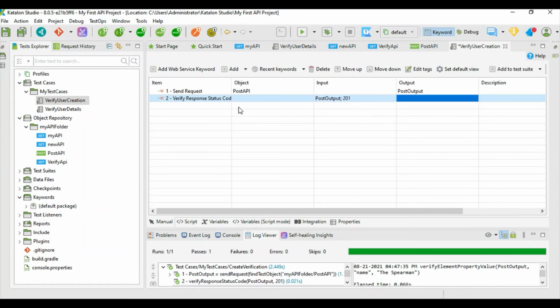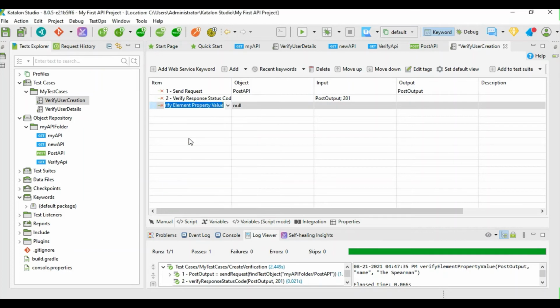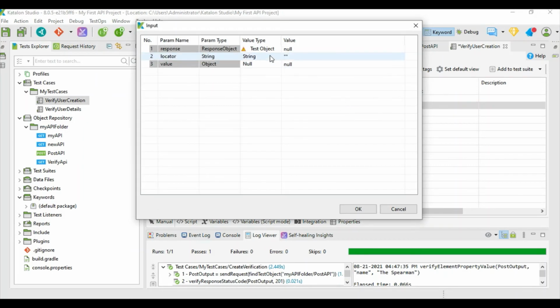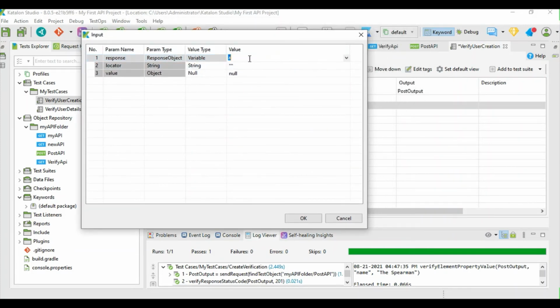So let us add a new keyword, and then we're going to select verify element property value, and here, the variable on which we are going to verify is our output variable. So our output variable is post output. The locator, so like a locator, we get this only name.